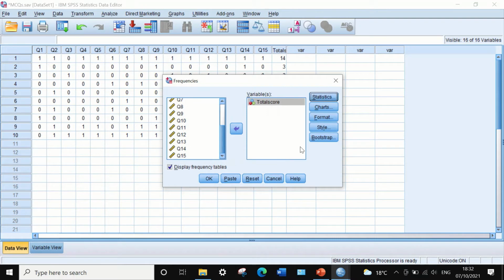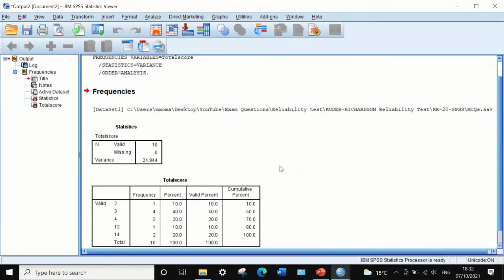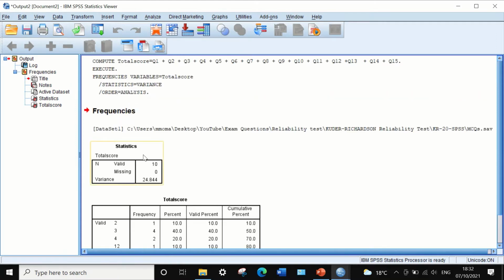If you click on Continue and then OK, tables are generated. In the first table, the variance is calculated for these 10 participants, and the variance for the total score is